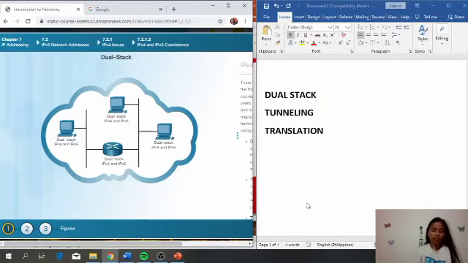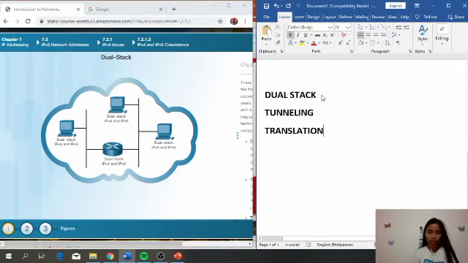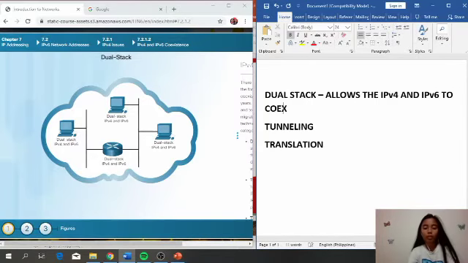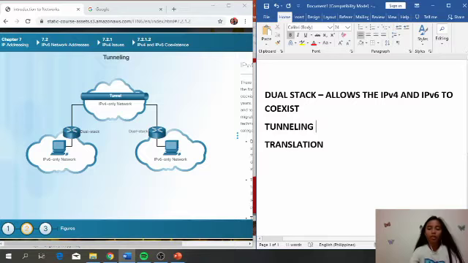So going back to this activity, now we have the dual stack, which allows the IPv4 and IPv6 to coexist, while the tunneling here is